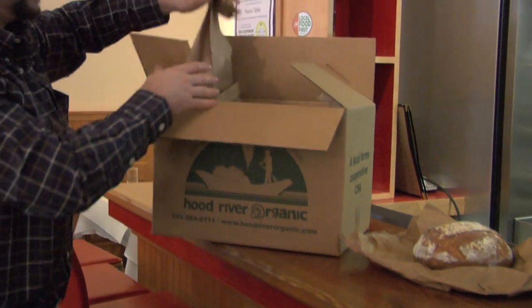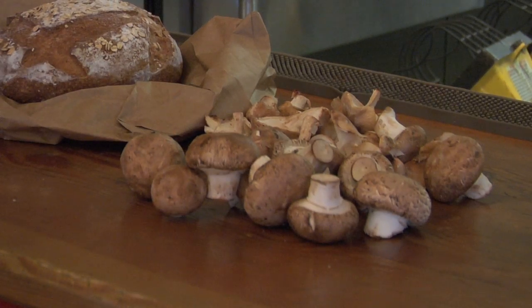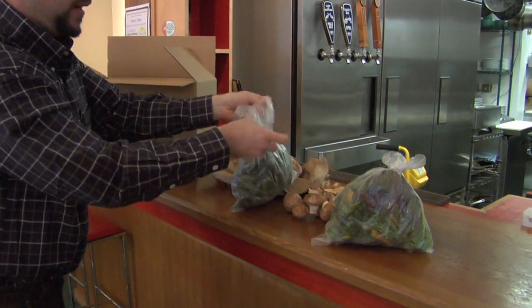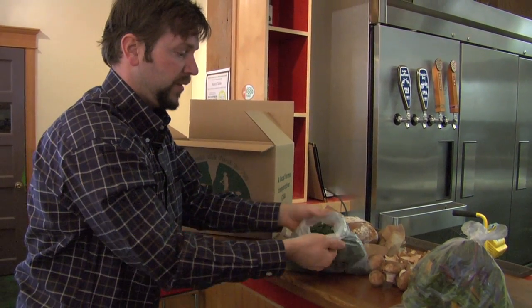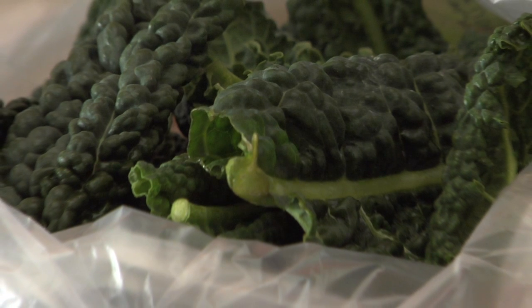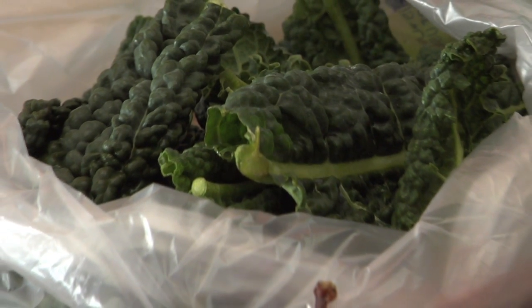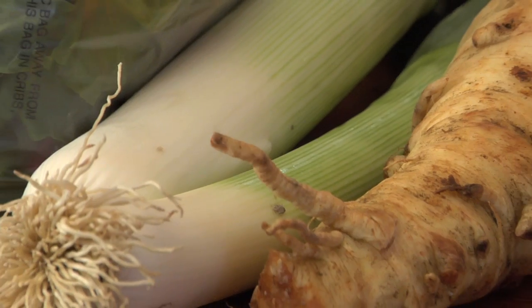We, of course, have our mushrooms. This week we have shiitake mushrooms. We have cremini mushrooms. Beautiful rainbow chard, kale. Get your kale in there. It's a superfood, and we're so blessed to be able to grow it here in the Northwest. As you might know, we had an amazing ice storm here 2 months ago, and it was such a relief after the snow subsided to see a beautiful field of kale still thriving in a lush green. Beautiful leeks, parsnip,